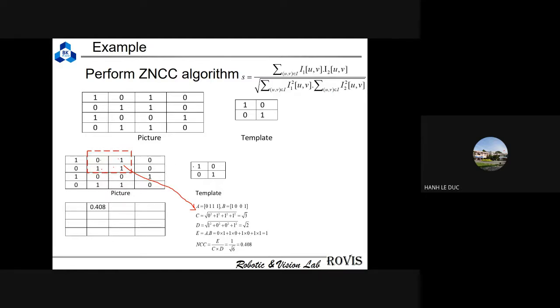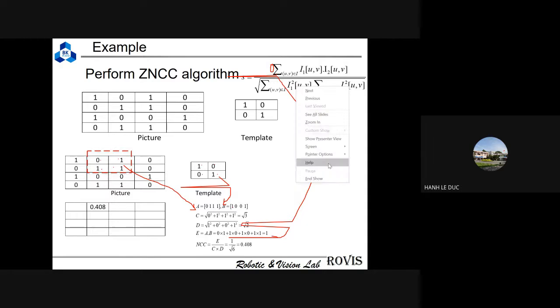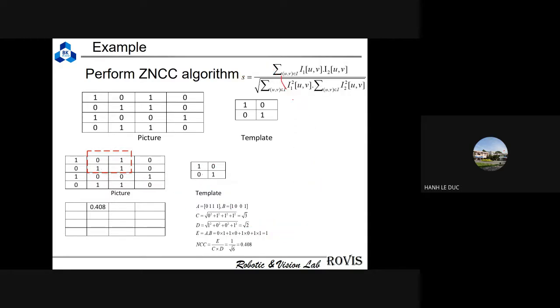Template. 1001, okay? 1001 B, okay? And then what will we do? Apply this one, right? So is it this one? Oh, is it this one? E, right? So